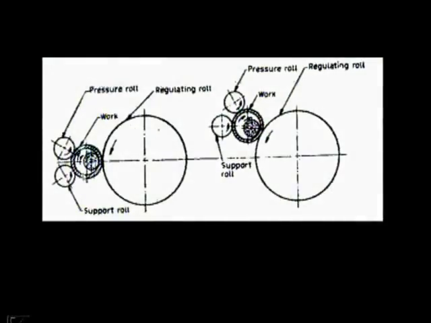That is, as I told, there are 3 rollers, and if you see the principle, this is the regulating wheel as we have seen in the external also, and here the pressure roll and supporting roll. So these 2 are there. The extra thing given is the pressure roll in internal centerless grinding, whereas in external centerless grinding it is not like that. Here it is 4, and this is the grinding wheel, and this is the workpiece where we have to grind the internal surface.